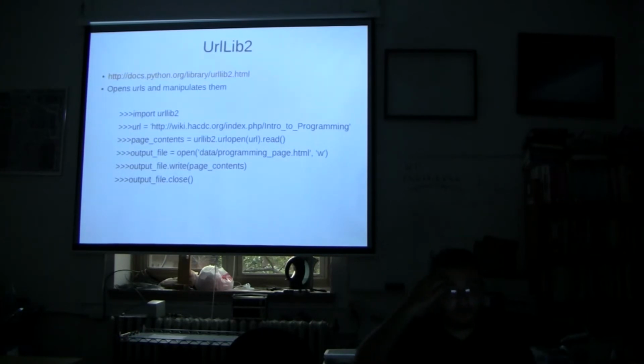urllib2 is pretty awesome. It opens URLs, and you can pull data off of websites using this one, which is really fun. So you can write website scrapers and things like that if you need to get information off of, I don't know, Flickr or something like that without logging in and using their crazy API. You can just write some sort of crazy scraper in order to do that. They frown upon that though. You should probably use their API.